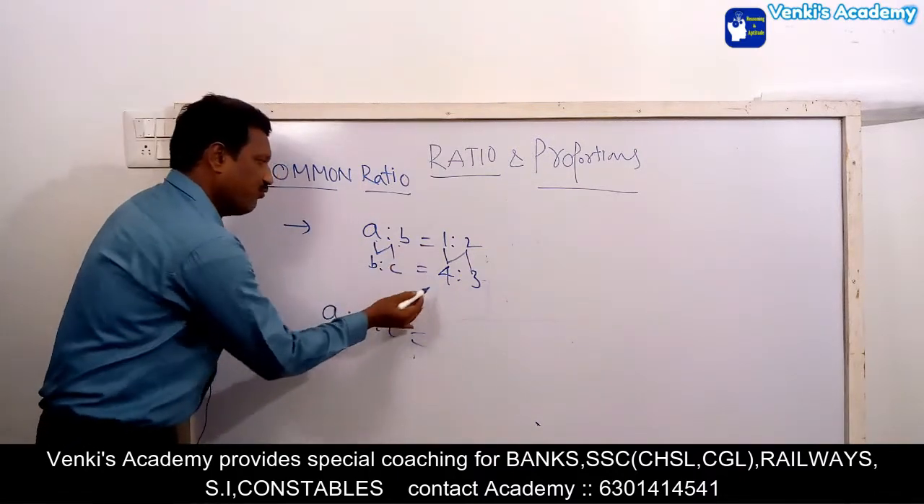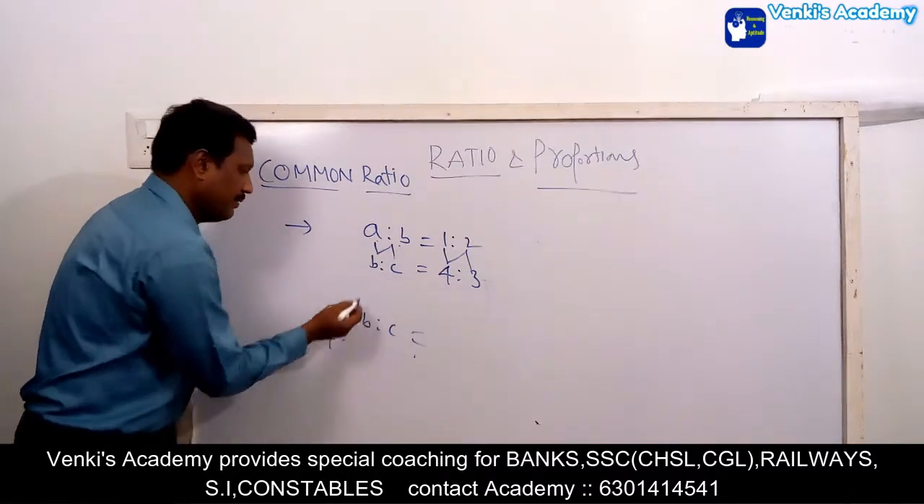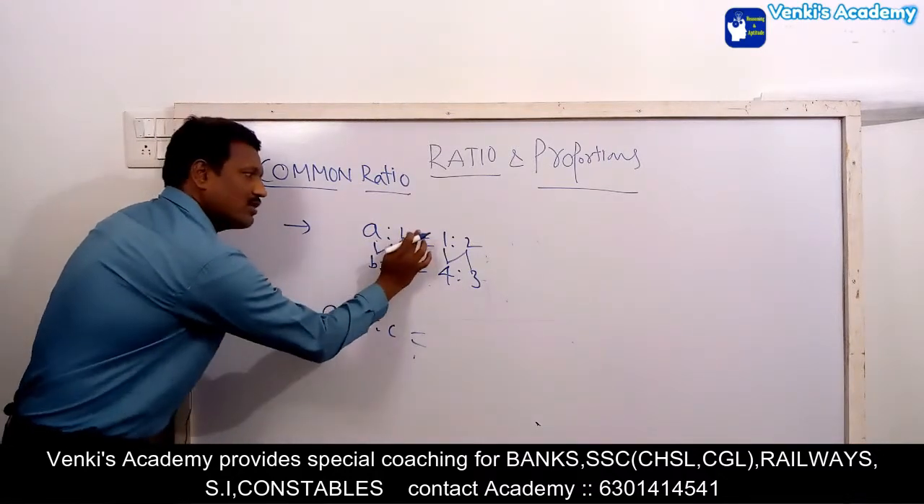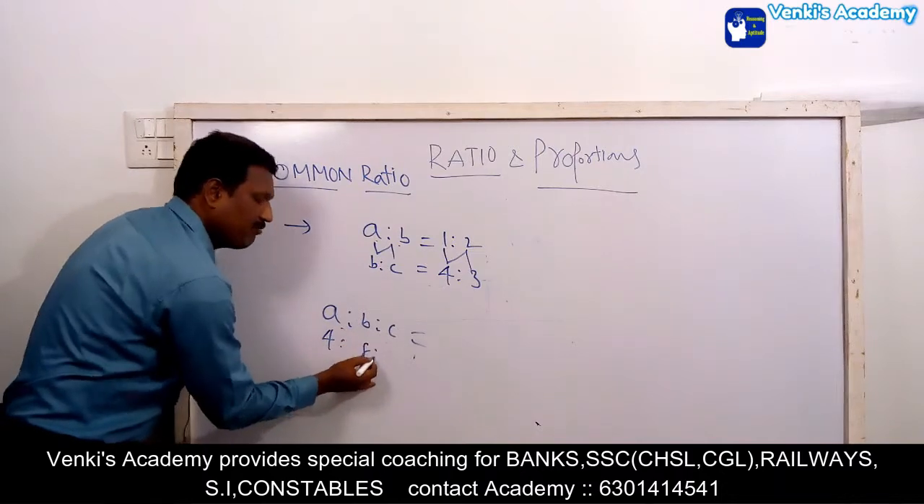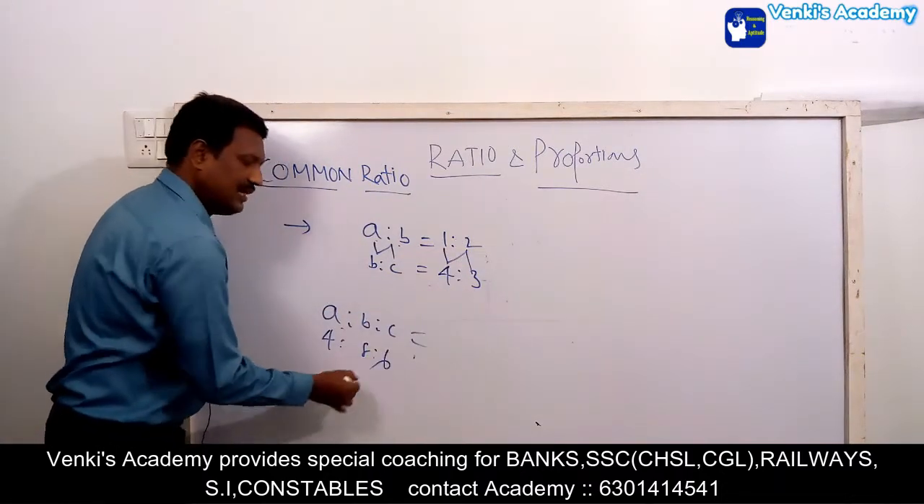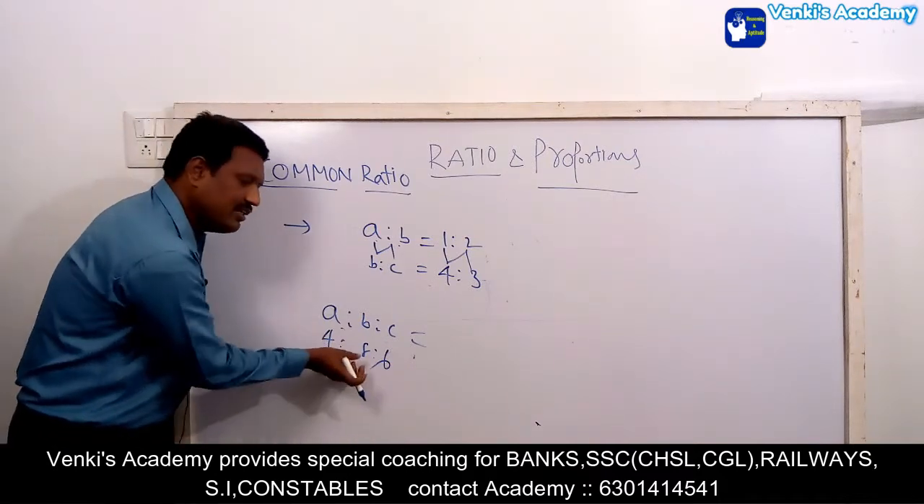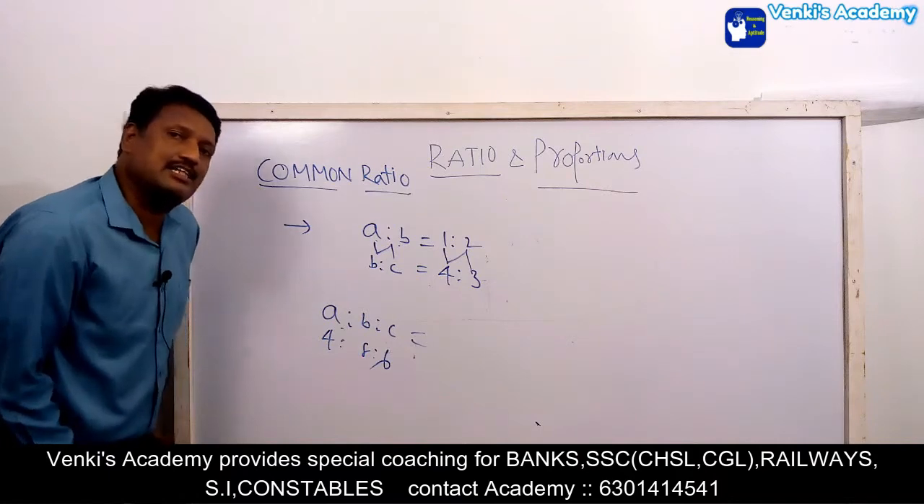So 1 into 4 means 4. That is nothing but A. 4 2s are 8, the common variable, in cross. 4 2s are 8, the variable of B, that's straight. 2 3s are 6, C. These are the values. We cannot call it 4 is to 8 is to 6 as the ratio, because